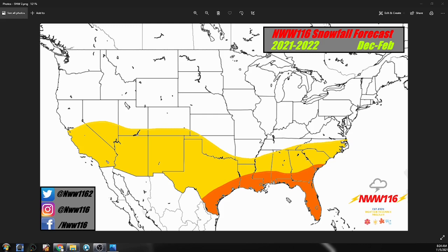But don't be 100% let down by this, because even during whatever pattern you have, everywhere is still pretty much accessible for snow. I mean, unless you live in Florida, where it's rare to see snow. But generally, don't get your hopes down, because this does not really rule out the chances of you seeing snow at all. This just means that we're more confident that below average snowfall than normal is expected.